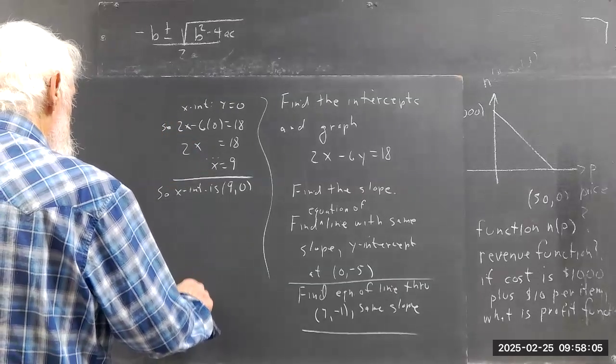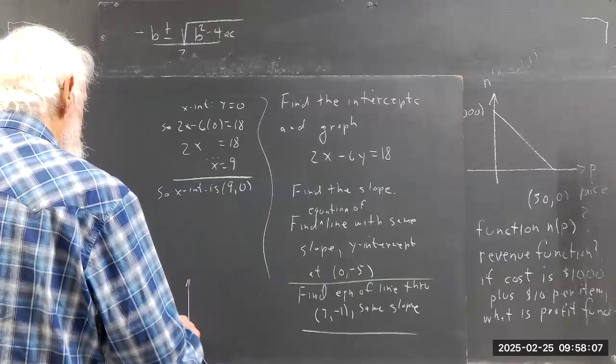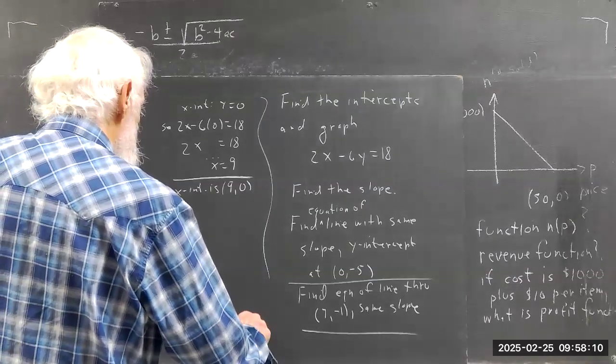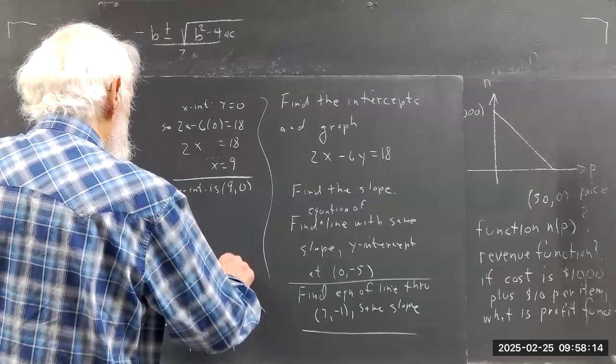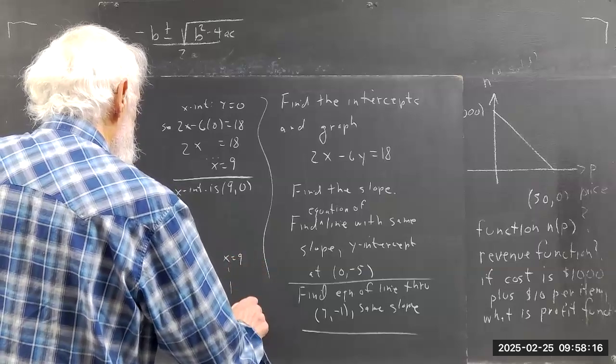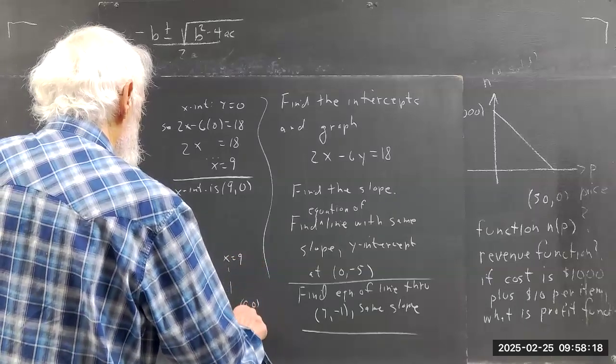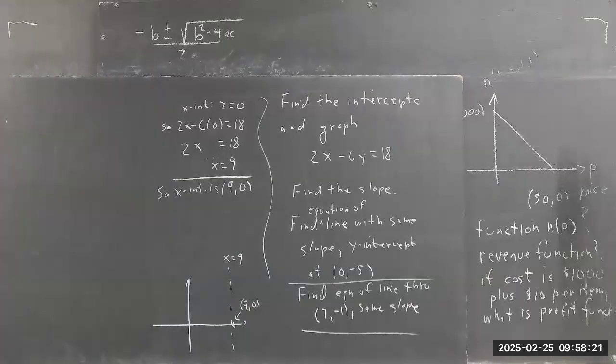So if we do the graph down here, we'll say that this is the line x equals 9. This is the point (9, 0). Okay. Then